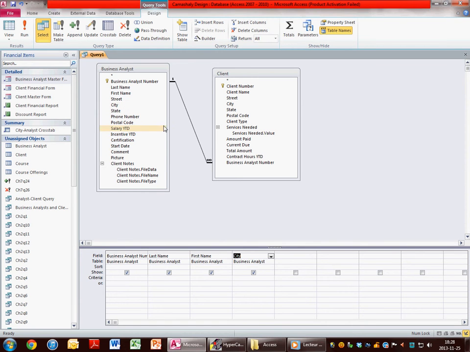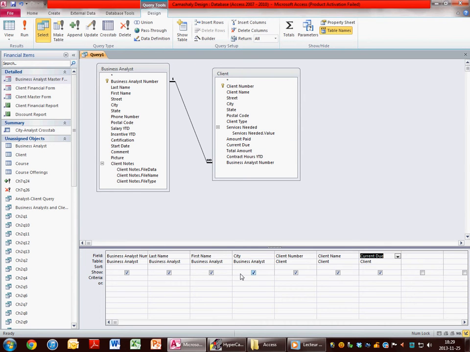These are the four fields added in my new query from the business analyst table, and I'll link it to three fields from the client table: client number, client name, and for example current due.